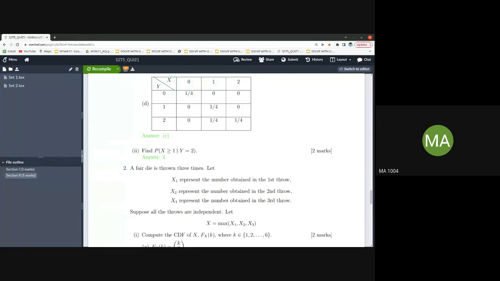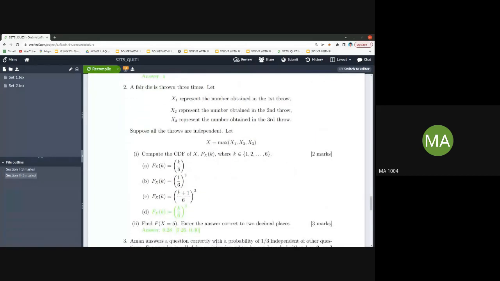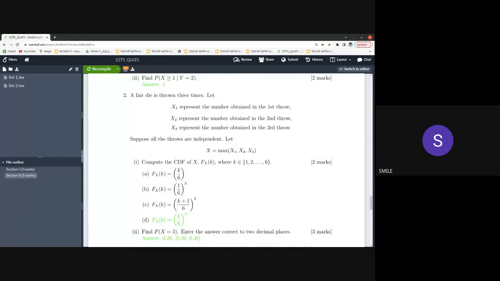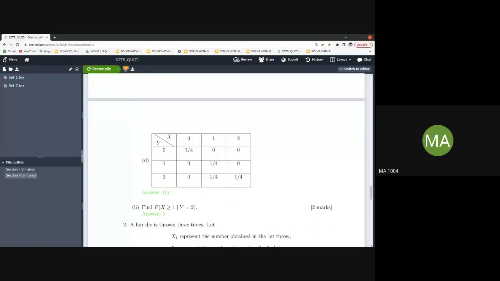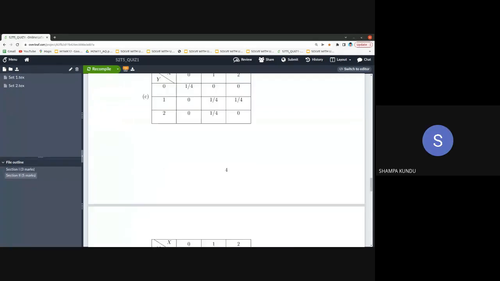And this is also doable, I guess. Probability that X is greater than or equal to 1 given Y is 2. And this one, the die. I was able to put some values and check that this is the CDF. I even tried with numbers, but I was not able to find the right one. Can you explain P(X >= 1 | Y = 2)? See, what is the probability given Y is equal to 2?